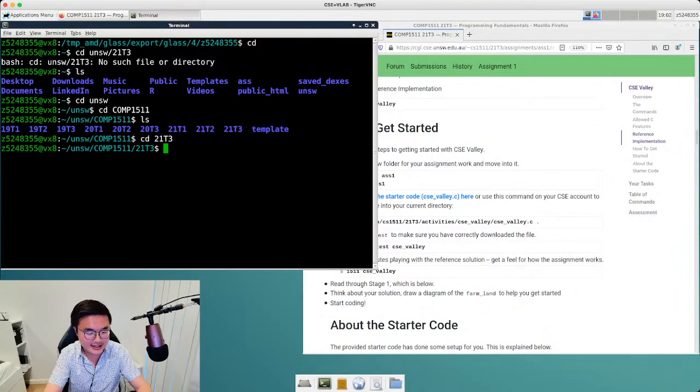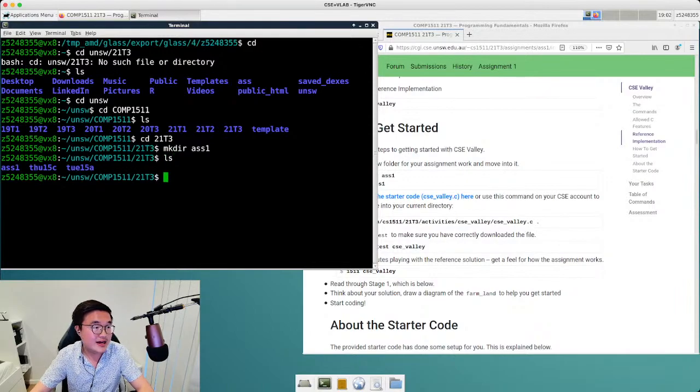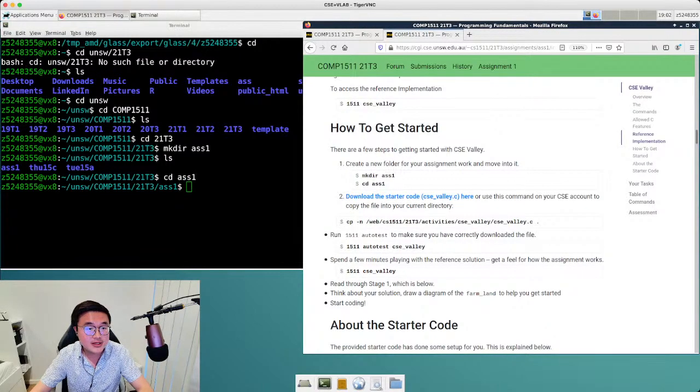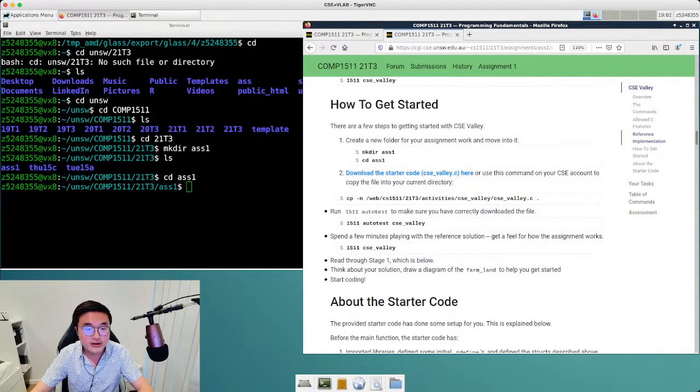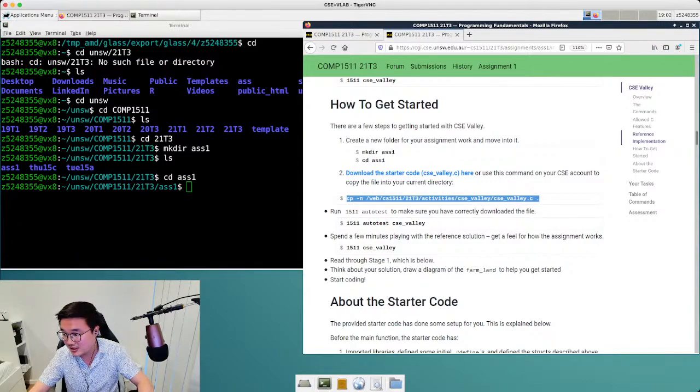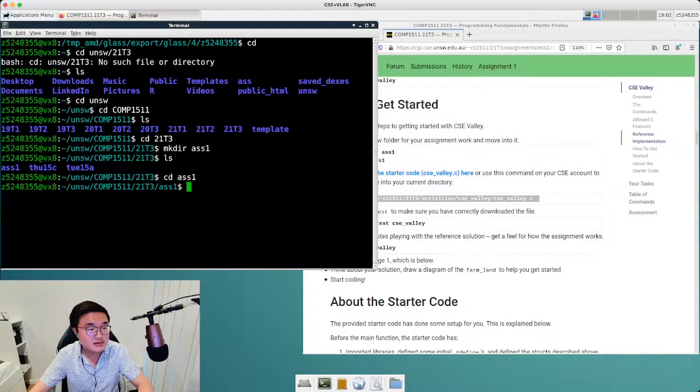So if we just do that, and hence we have the assignment 1 folder there that we can then change into, and we can download the starter code, or you can use this command. So I'm just going to do that. Copy, paste,